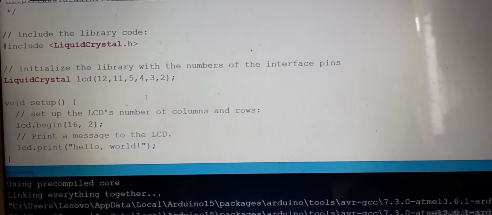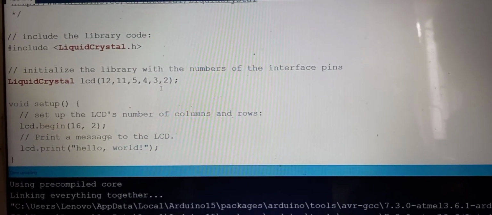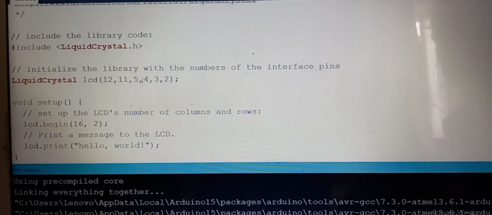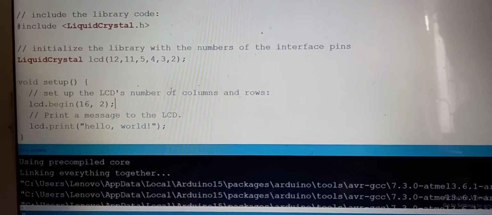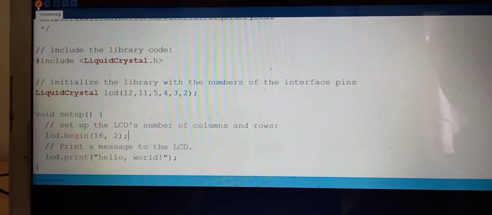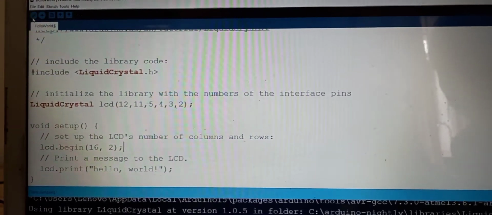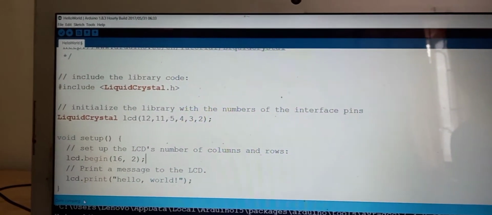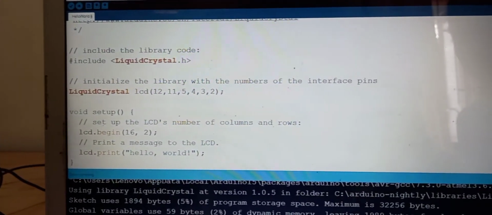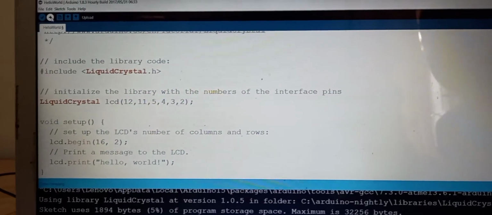So here the LCD is configured into 4-bit mode as discussed in the simulation session. And here we are going to print hello world on the LCD screen. So I am going to verify this code. After verification, it is going to give me the message as done compiling. Then I am going to upload the code on the kit which is connected to